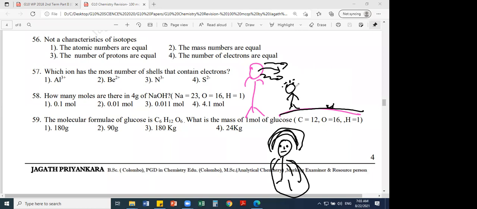And you come home. You remove the clothes and you wash your hands with soap, and then you enter your house and sleep after the office work. Maybe your father is sleeping with you and the others in the bed. Then what happened? That virus will deposit on the pillow cover. You understand this? So you have to be very careful, right? See, scientific literacy is very, very important these days, right?